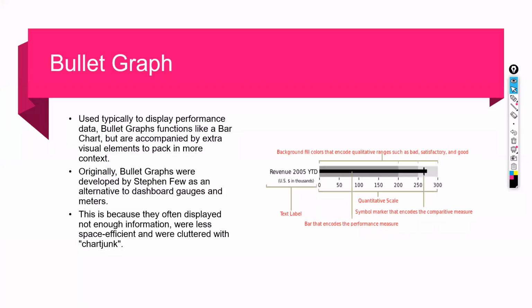Let's move ahead and try to understand what a bullet graph is, its anatomy, how it functions, and what it shows. As you can see, it is typically used to display performance data. Bullet graphs function like a bar chart but are accompanied by extra visual elements to pack in more context. Keeping it really simple, these are basically gauges and meters. This was developed by Stephen Few, and you have these dashboard gauges and